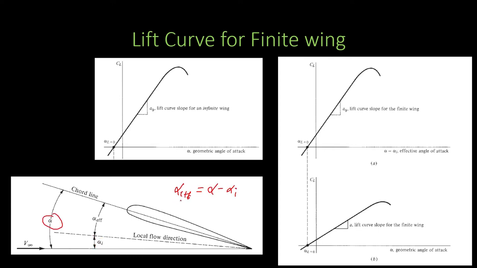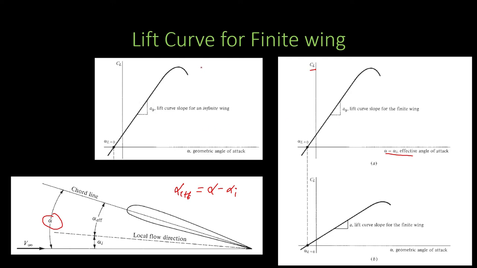If I make a CL alpha curve of CL versus alpha effective, it will be the same as the CL alpha curve of an airfoil. So the CL alpha curve of a wing, where I have alpha effective on the x-axis, will be the same as the CL alpha curve for an airfoil with alpha geometric on the x-axis. This point is clear: the CL alpha curves for airfoil and wing will be the same if I have alpha effective in case of wing and alpha geometric in case of airfoil.